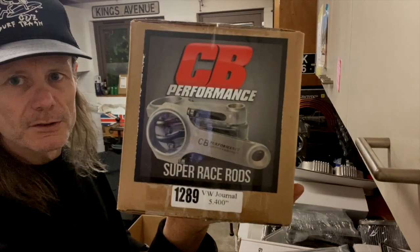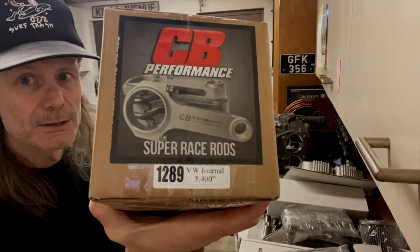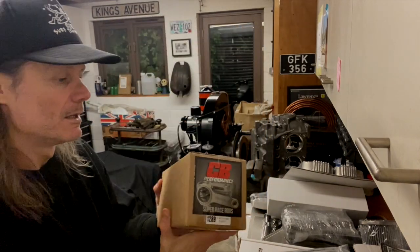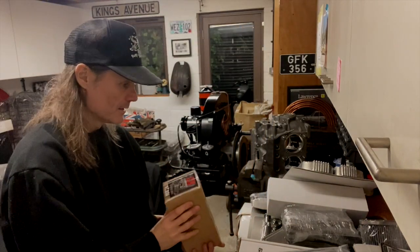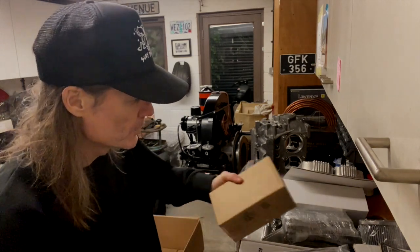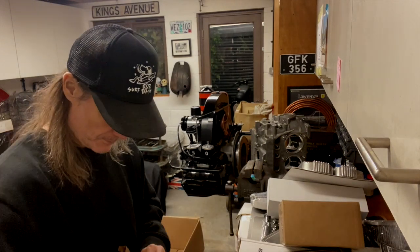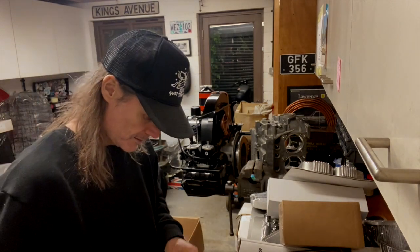Super race rods. Now they do look nice. They do look really nice. And these should all be balanced. When we start putting the thing together, we'll get the scales out and we'll weigh them all, and we'll see if they are right. Just by feeling it, I think this is a